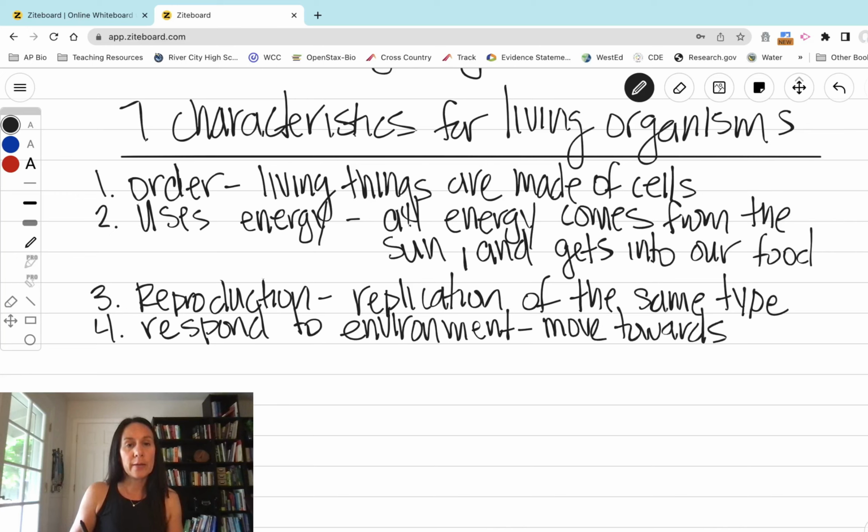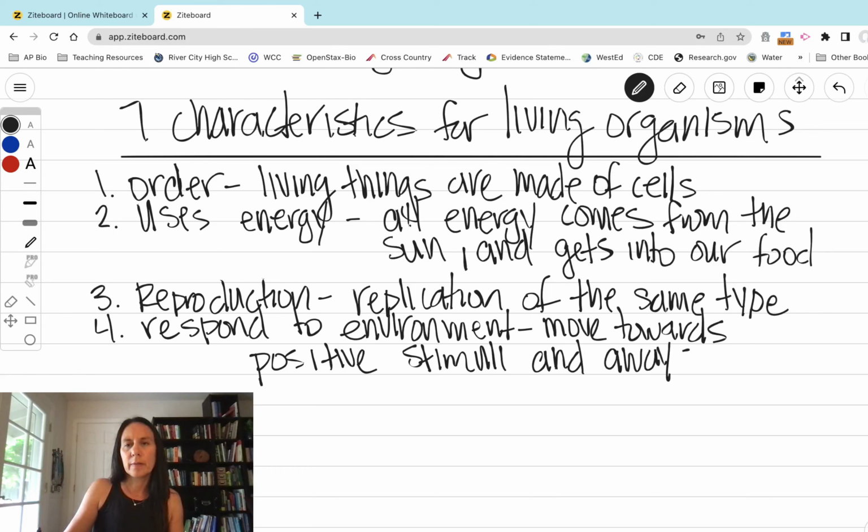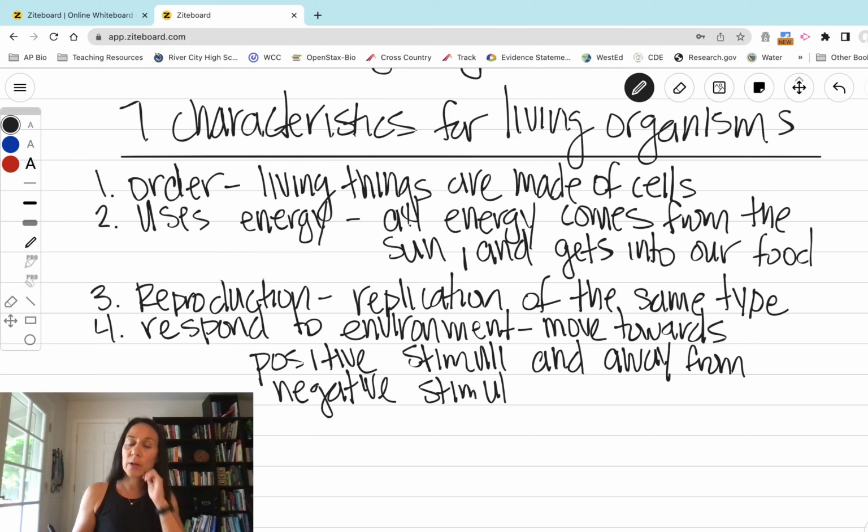positive stimuli and away from negative stimuli. Okay, and this is very important for the survival of any organism. Okay, so another one is that